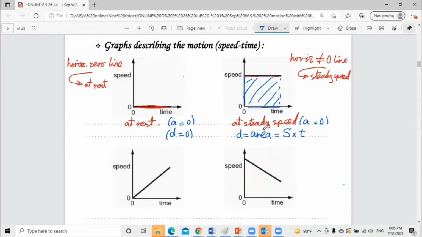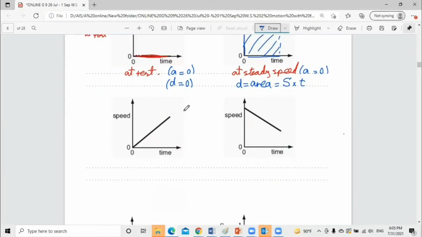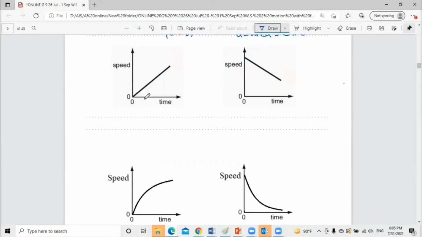Okay, ماشي. هذا الحكي بالسبيد تايم جراف: distance equal الاريا under the graph, in this situation speed times time. طيب نمشي لهون يا شباب. Who can tell me about this line, what does it represent؟ هذا اللاين represent an object on what؟ Constant acceleration, uniform acceleration, صح. إذا هذا at uniform acceleration. شو معناته هذا الحكي؟ معناته الستريت لاين